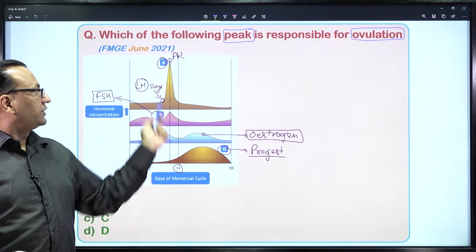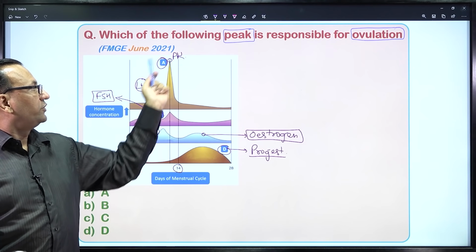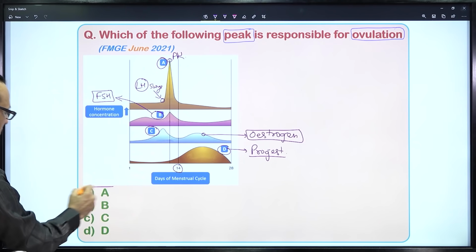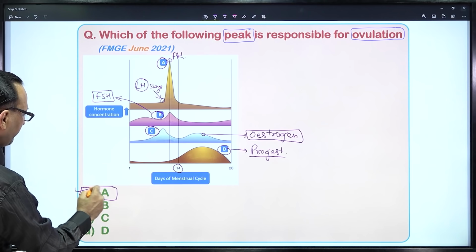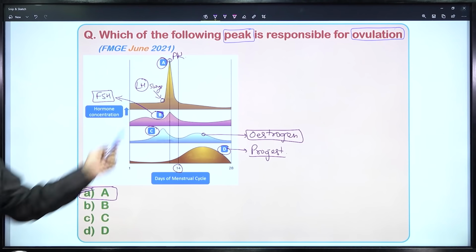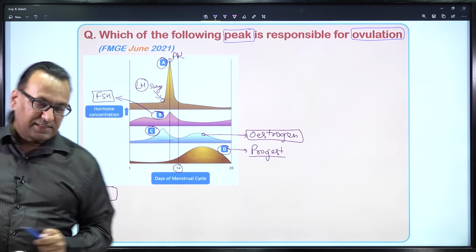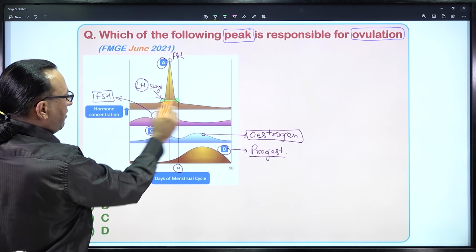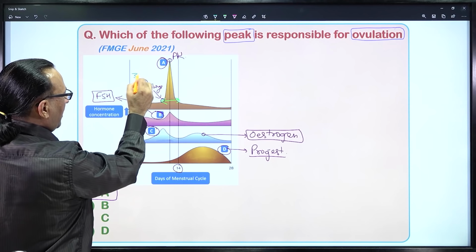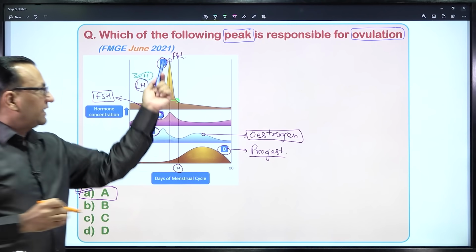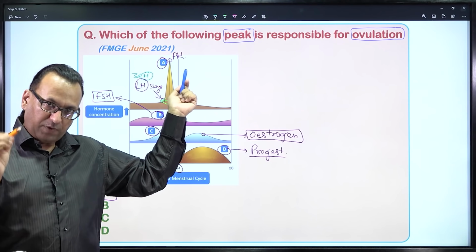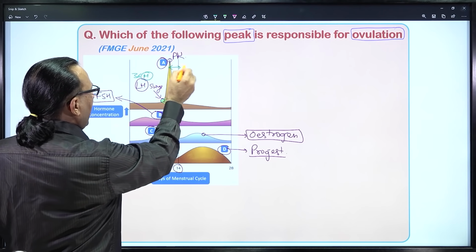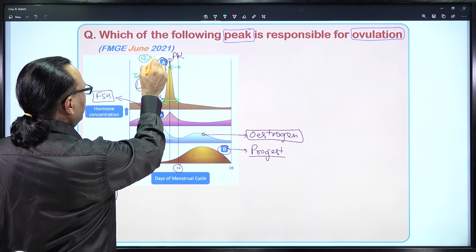But if a choice comes, it is the LH surge which should be answered, or the marker A should be answered. Now, when you say your answer is choice number A or marker A, which is LH surge, also remember LH surge will be taking place approximately 36 hours before ovulation. And what about the LH peak? LH peak will occur approximately 12 hours before ovulation, and that is the time 12 hours before ovulation the first